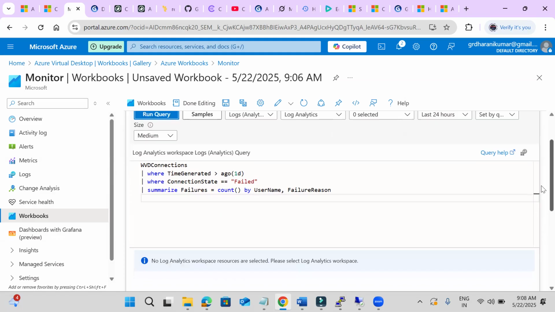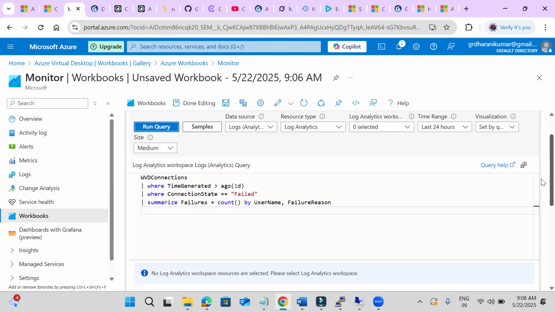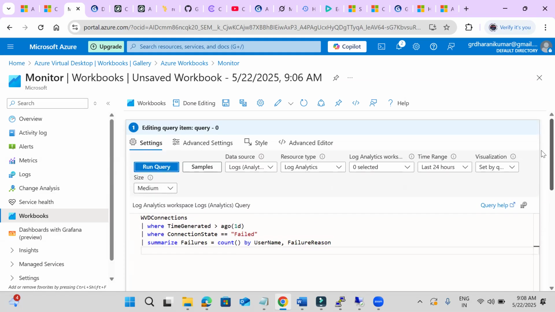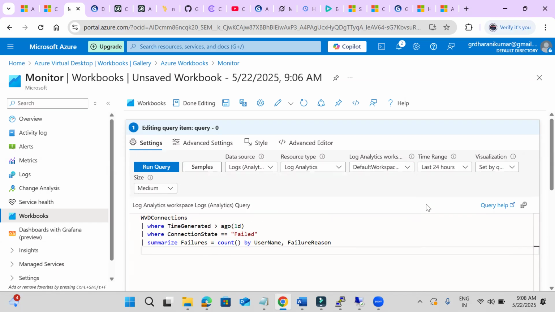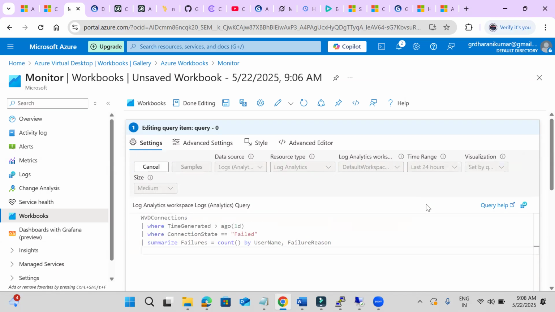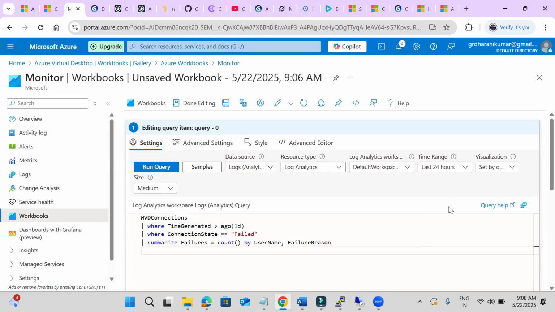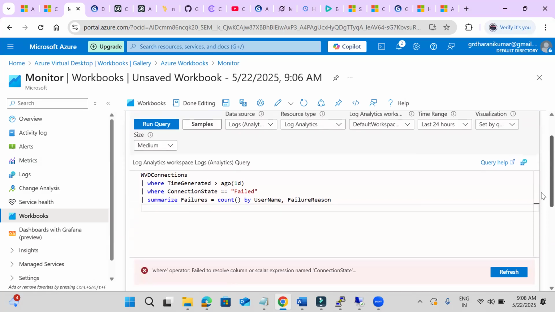Once we run this, this is the workspace we have. Once we collect that, once we have done that query,